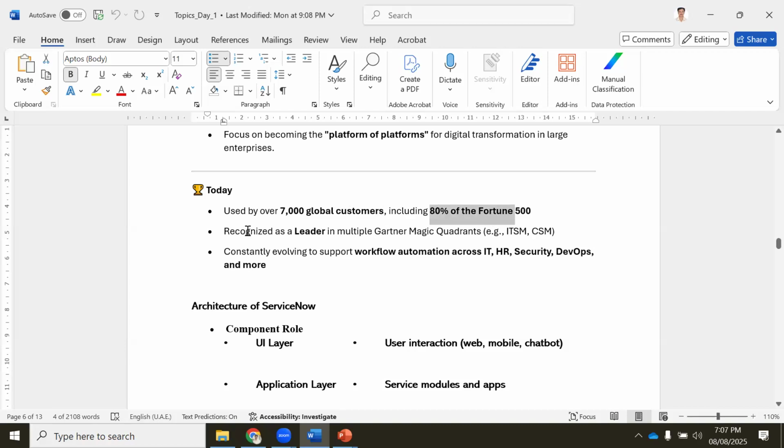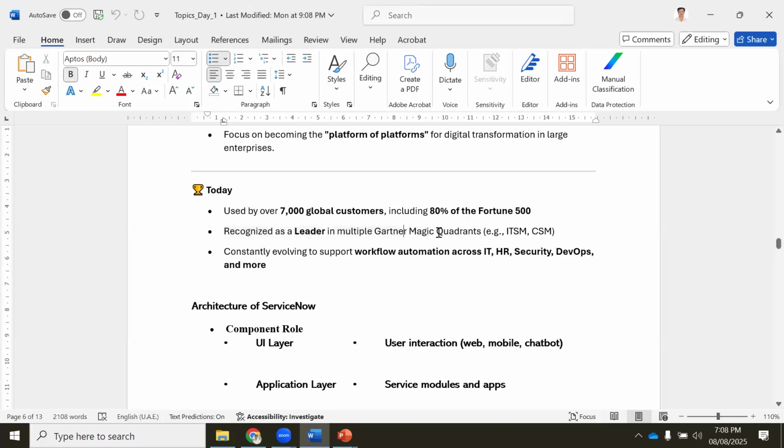Now, last time we were discussing Gartner. Gartner is the tool to measure which tool is best on the market. So how do you measure your telephones? How do you measure anything in technology? Gartner is the one who measures and gives a rating, okay, on who's the leader in the market, which tool is the leader. So ServiceNow is the leader in the market, it is telling, okay. Only ServiceNow is the leader in the market. The rest of them are into improvement, they are into different areas, okay.